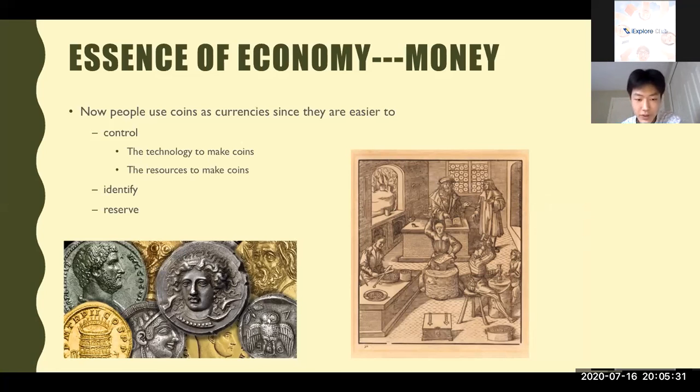It's that the rulers put their face on money to show their authority, to show that when all the people trade using money in their country, they're watching the faces of the rulers, and the rulers are reminding them that I'm giving you the prosperity you have right now. So by printing their heads on the currency, they show a state of authority and control over their own countries, and to say that I am the most powerful human being in our country, and I have the right and power to print myself on currencies.